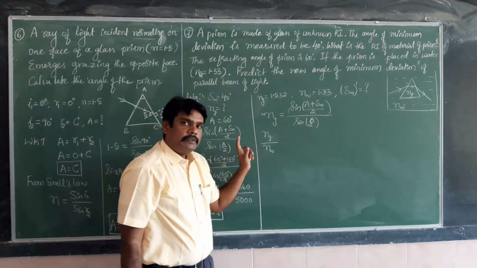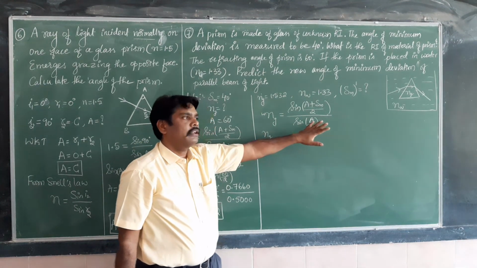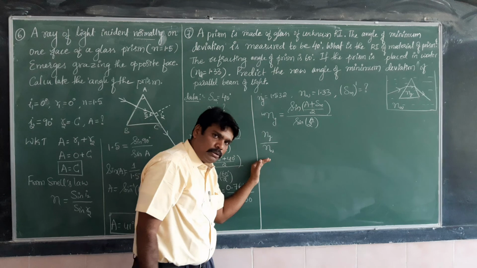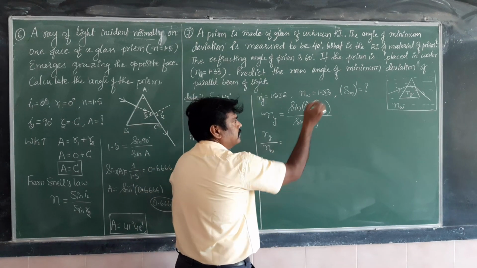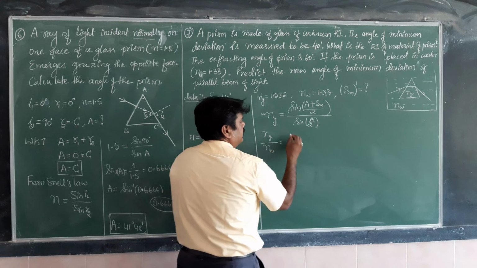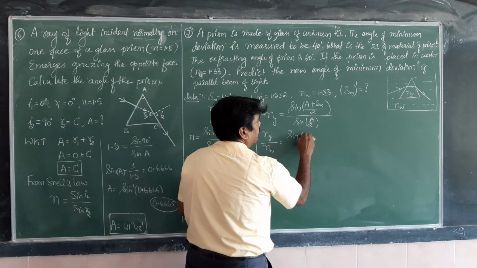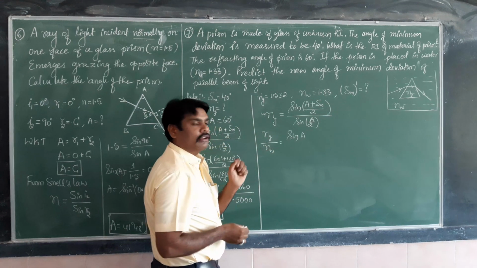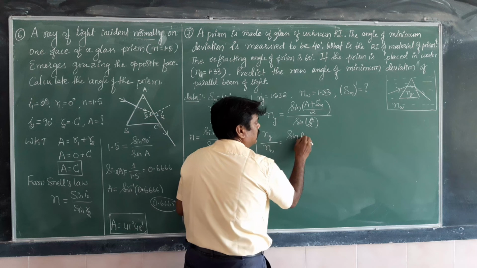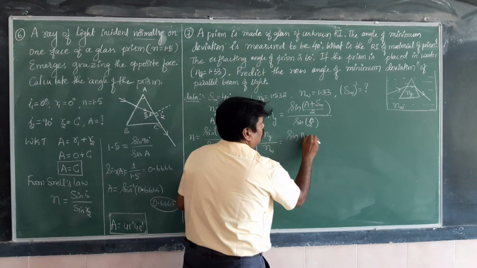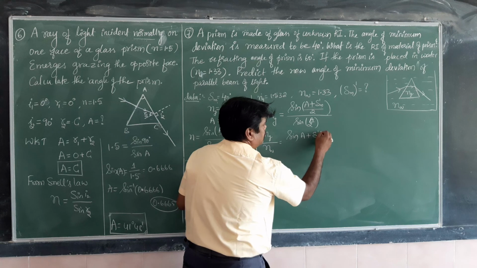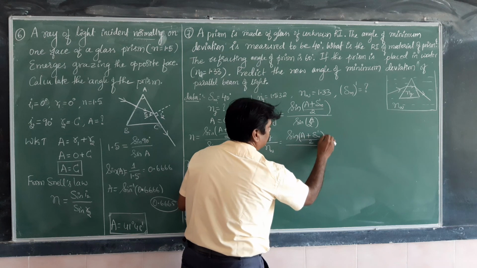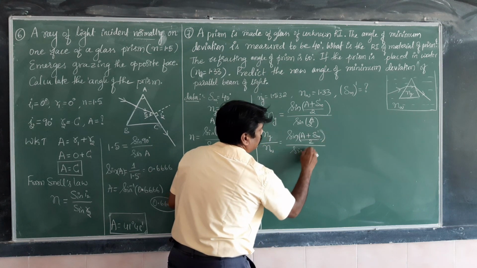When a ray of light travels from medium 1 to medium 2, the refractive index we take is called the relative refractive index: the relative refractive index of second media with respect to first media. Here the second media is the prism, the first media is water, which is equal to sine of (A plus delta m dash) whole divided by 2, divided by sine of A by 2. Here this delta m is actually delta m dash, because that is the new angle of minimum deviation when the prism is completely immersed in the water.